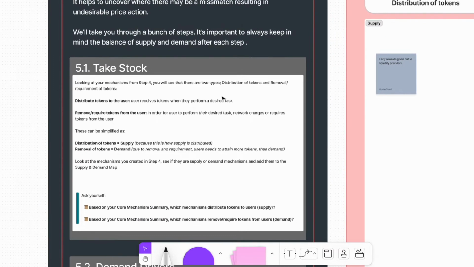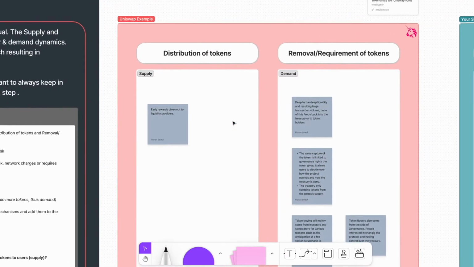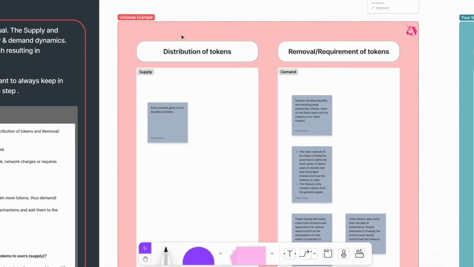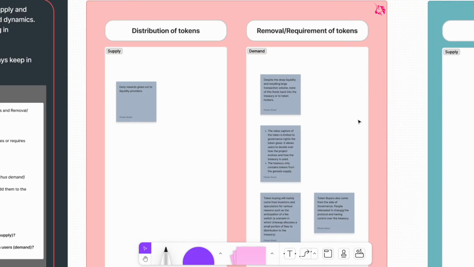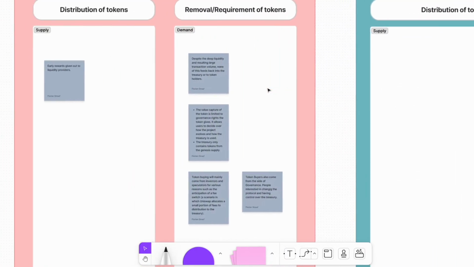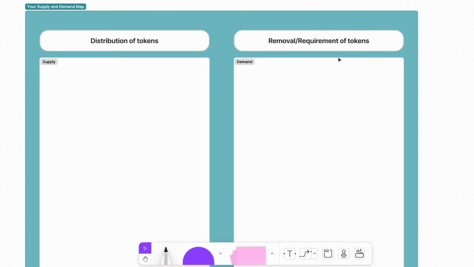So for the time being, we think it's pretty good to just take stock first. So look at this Uniswap example. Hopefully, in users and incentives, we've designed a couple of mechanisms that create supply, that distribute tokens. And then we might have also created a bunch of mechanisms that remove tokens or make users hold tokens. There's quite a difference here, right? You could burn tokens like Ethereum's EIP 1559, or you could have temporary holding of tokens through a mechanism like membership for people to join your platform. They have to hold a certain number of tokens. So of course, it wouldn't remove them from the platform, but if you have a growing user base, it would make them hold them for some time. So again, there's a Uniswap example here,